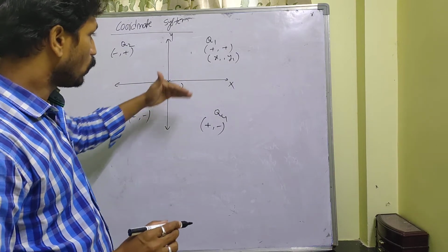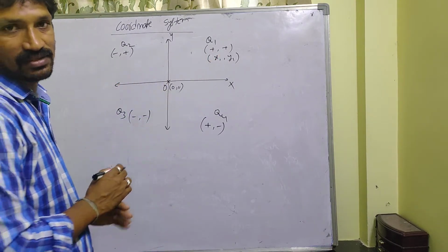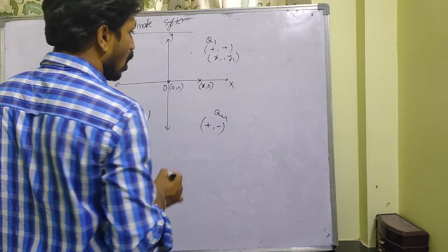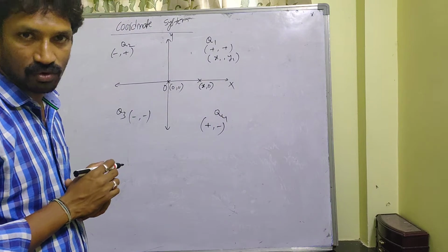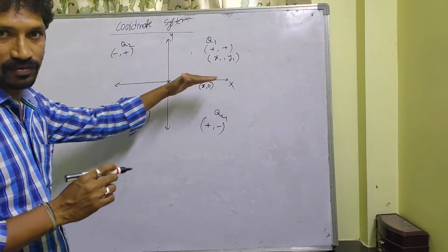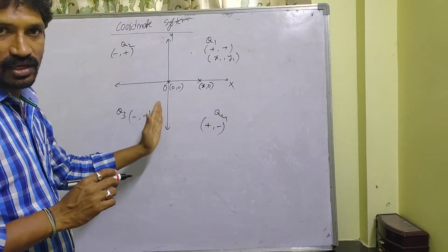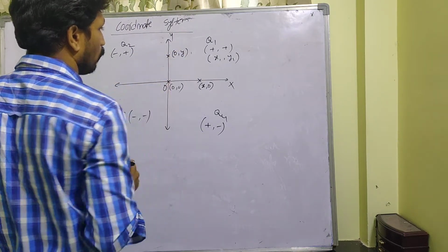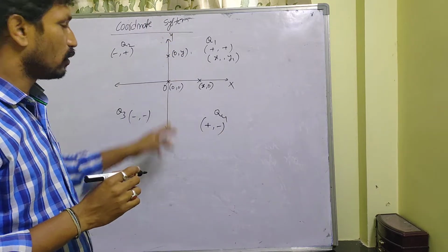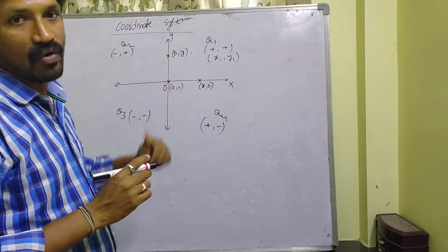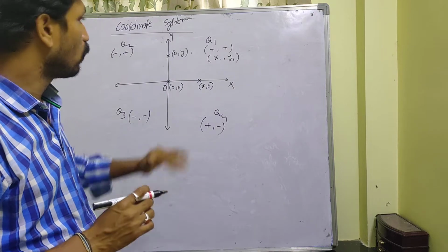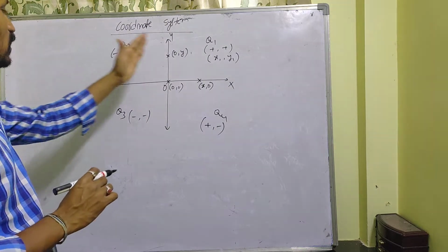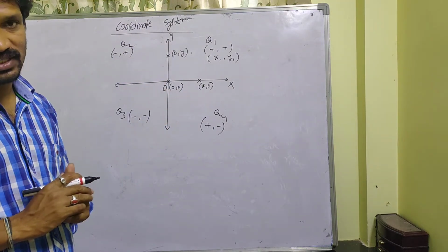And if you want to take any point on x-axis, horizontal line, it is in the form of some x comma 0. On x-axis, y coordinate is equal to 0, wherever you take on this line. And this vertical line, that is y-axis. On y-axis, if you want to take any point, that will be in the form of 0 comma y. Here on y-axis, x coordinate is equal to 0 and y coordinate will be any number. Okay, so this is about the coordinate axis.